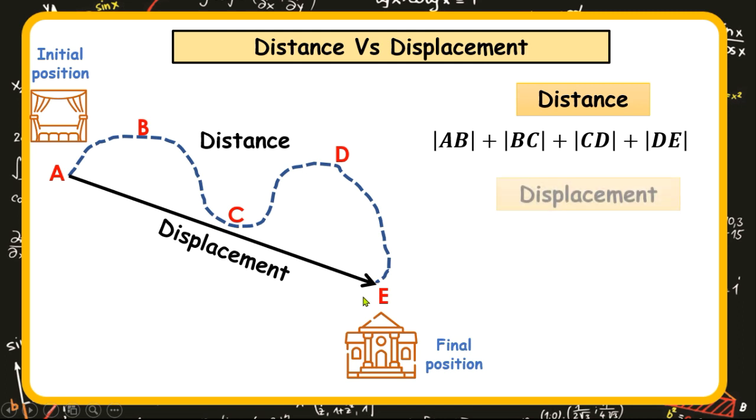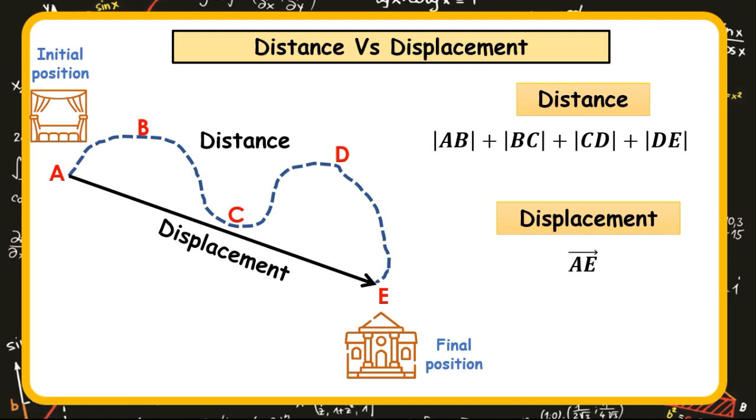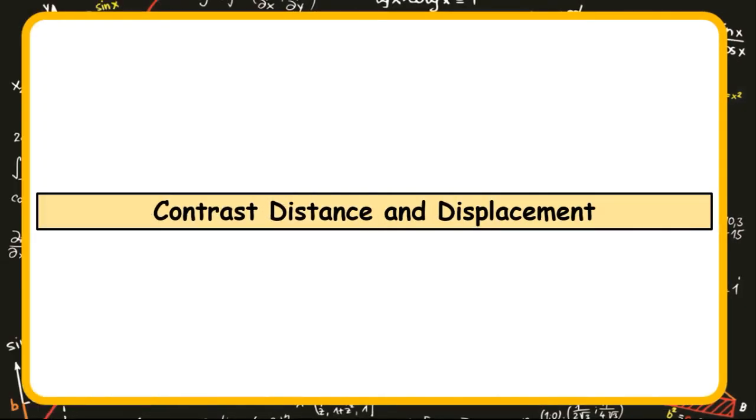And so displacement is more like a vector. It's just the vector AE, the distance from A to E. I believe this scenario has enhanced your understanding of what distance is and what displacement also is. With this understanding, let's contrast